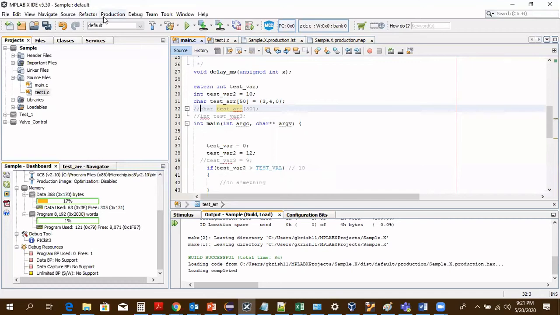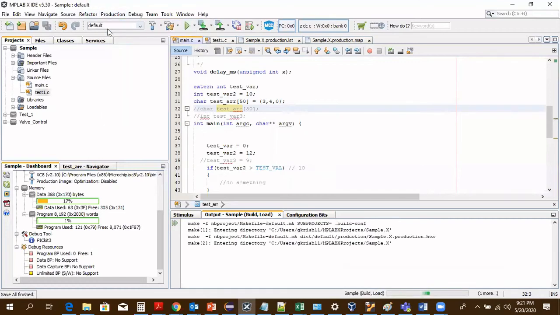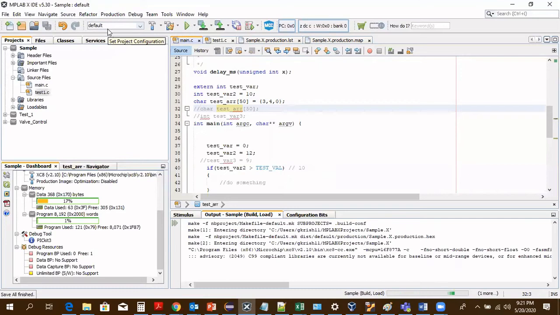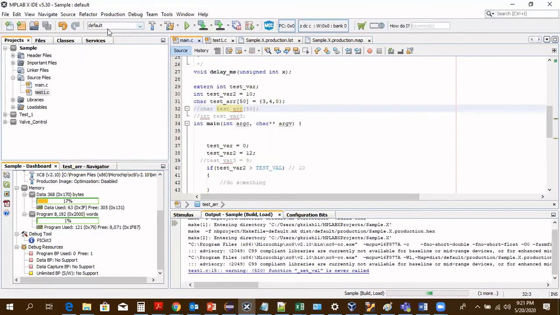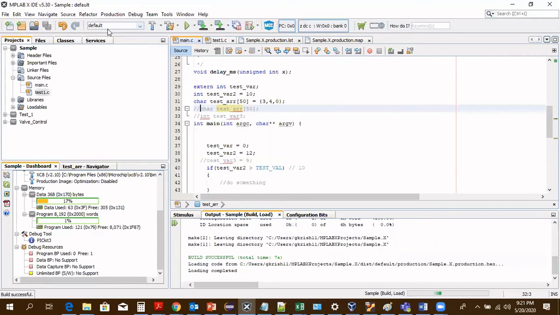Now let us compile the code. See the increase in the size, 187 bytes. So from 121 bytes, it has increased to 187 bytes. The program code has increased greatly because we have tried to initialize the variable.